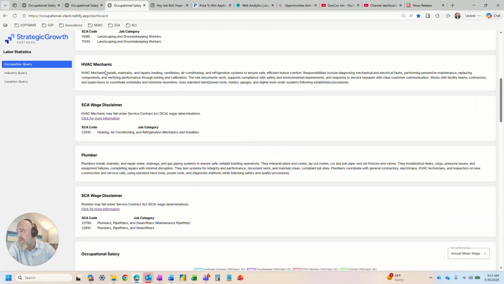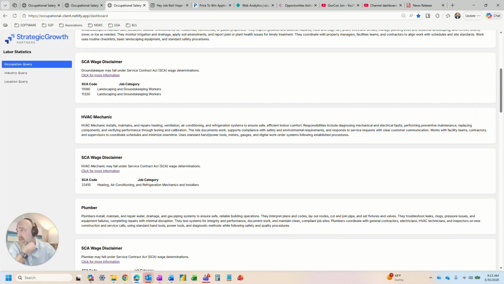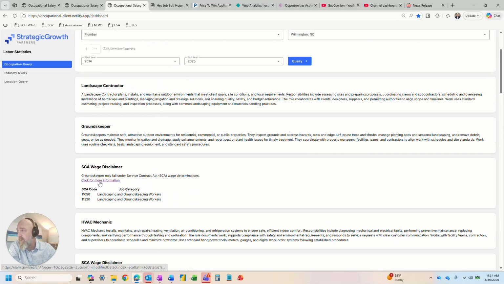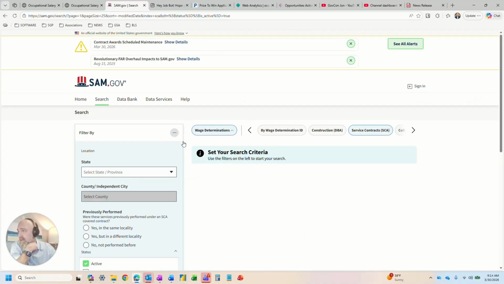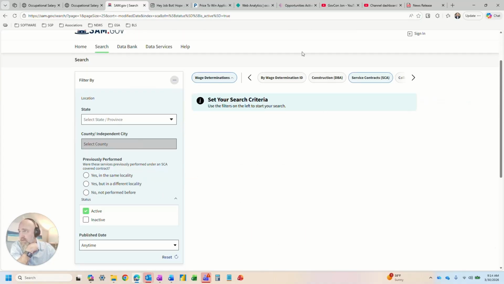You also get some definitions for it. Some of these may be subject to a minimum wage that the Department of Labor has, called the Service Contract Act, or the Service Contract Labor Standards Act. So that's something to be aware of for you GovCons, and this will take you to a link to it. I think it gets cut off the page, but you would look that up there.